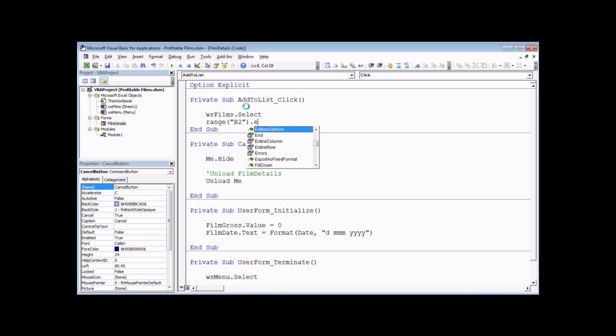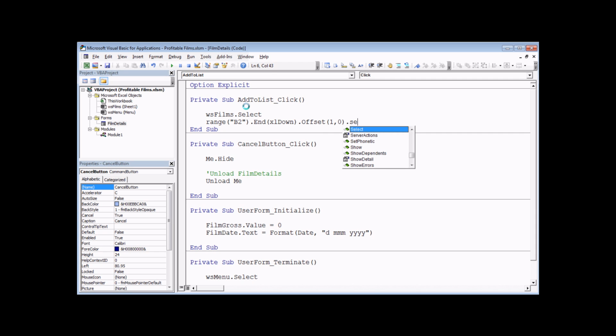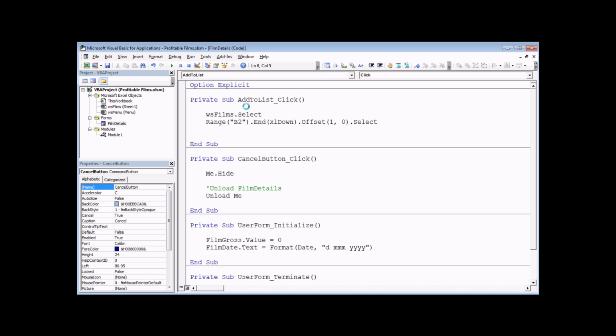Then I'm going to use the end property to reference the cell that's at the bottom of the list in a downwards direction using XL down. Then I want to offset one further cell from there, so dot offset 1, 0 to go 1 row down and 0 columns to the right, and then say dot select as well. So that will leave me in the appropriate position now to start passing values into the cells in the next